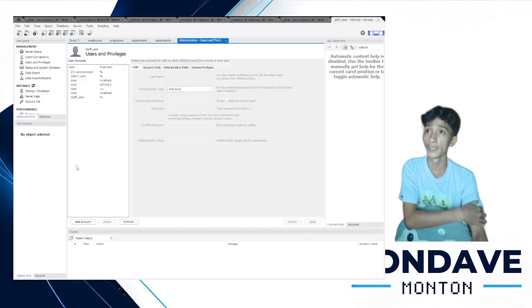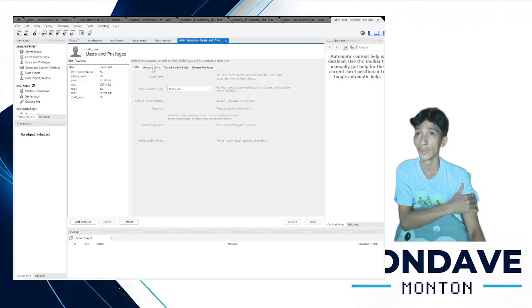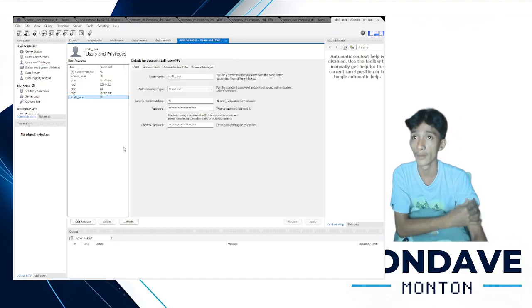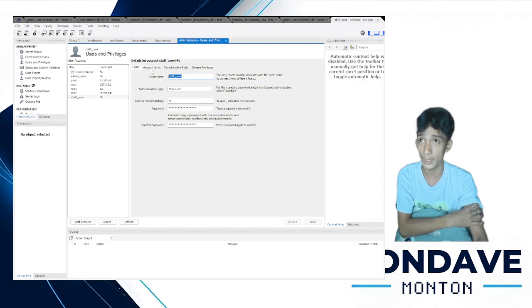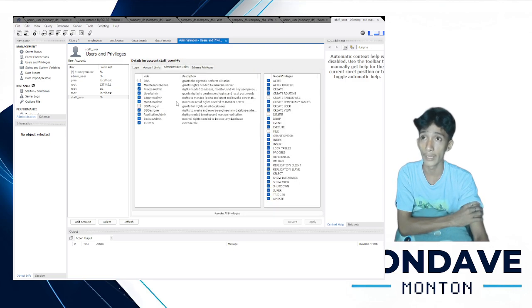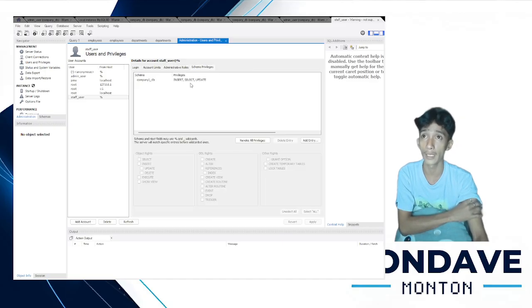Just add account. For example, you have already added the account. Here is the login name, which you should remember, and also the password. Then here would be the limited schema.